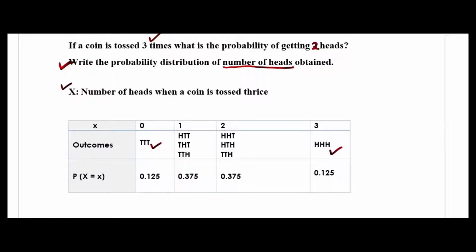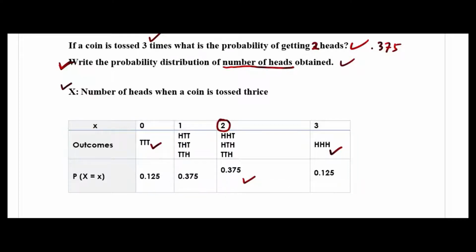This is called the probability distribution. Normally, we don't write 3 rows, we write only 2 rows. Only to show you, I have written it this way. Remember, we are interested in the random variable and the probability distribution. All probabilities are here. So if you want, you can find this one as well. 2 heads, that is this one. The probability is 0.375. And anyway, we have the table from where we can find all the probabilities, and that will be the probability distribution of the number of heads.